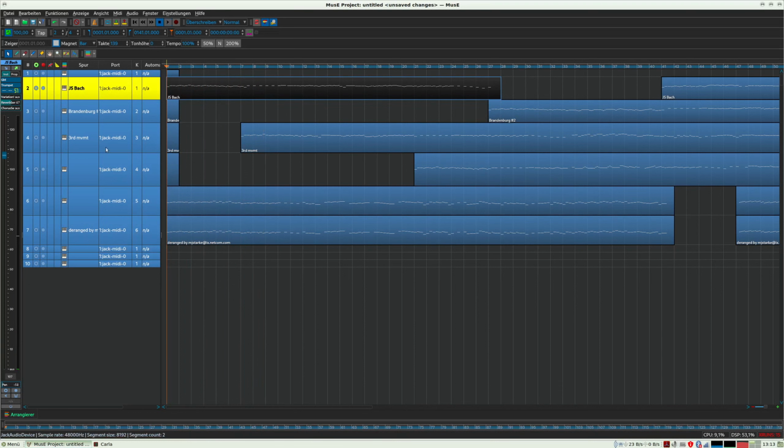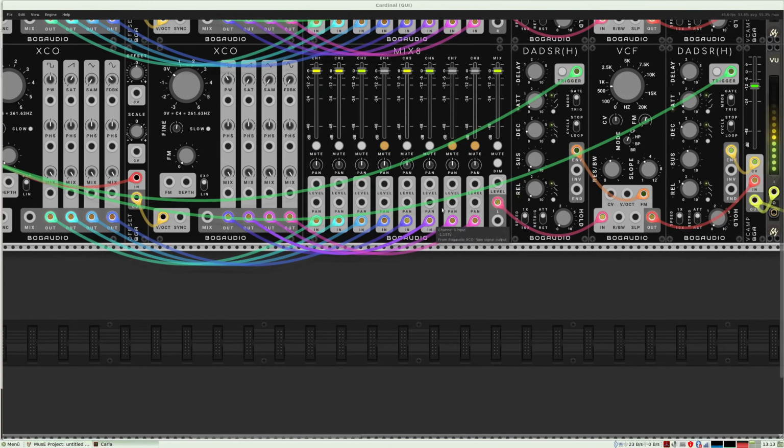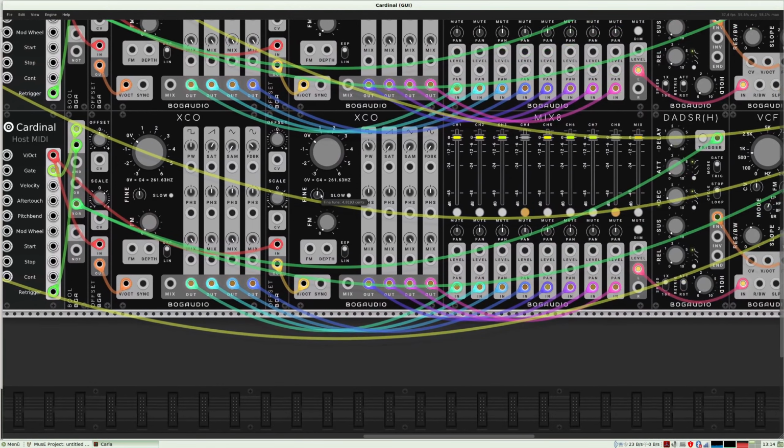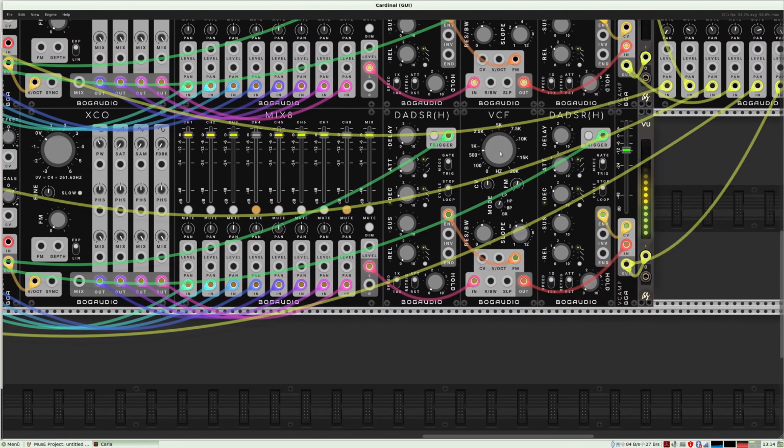Now we can tune the voices. So I have here channel 5 and 6. I'll let it play and go here and change settings on the VCF.